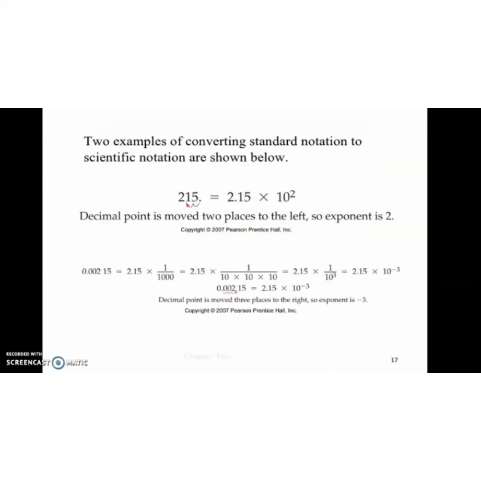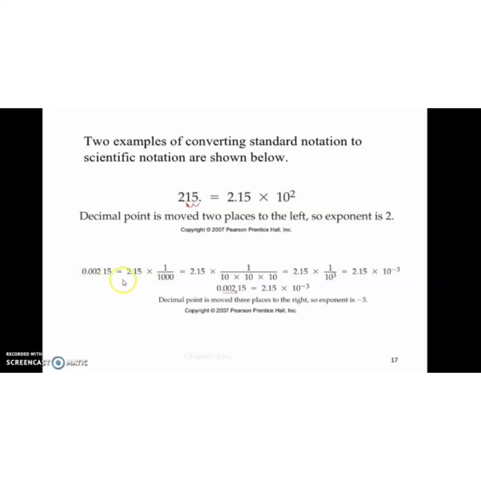Another example. Here 215 is taken with the exponent of 10 raised to 2. We can also take it as a power of 10 raised to negative 3. In this case, we assume that the value is 215.000, so the decimal point is moved two places to the left. In the same way, if the decimal point is moved towards the right side, we can write it as